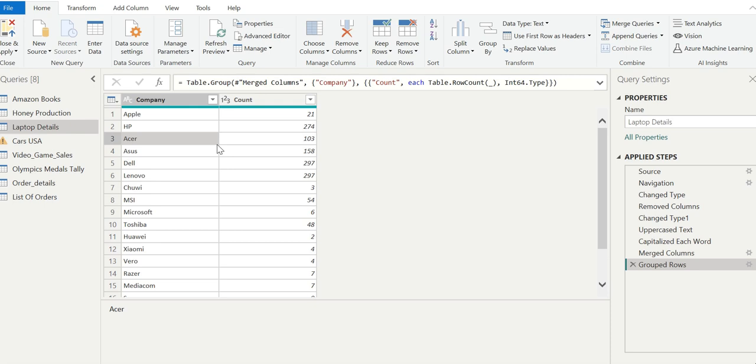A question you may ask is why you really need to perform this kind of aggregation. The only important information from the laptop table is how many laptops are available from each company. In such a case, it's really not good to hold all 1000 plus rows in the original table, especially when they are in import mode, as they will be using memory. You will have to compress the dataset to exactly what you need, and this aggregated table just contains 2 columns and 19 rows, representing the relevant data. At this point, I will also draw your attention to the applied steps here.